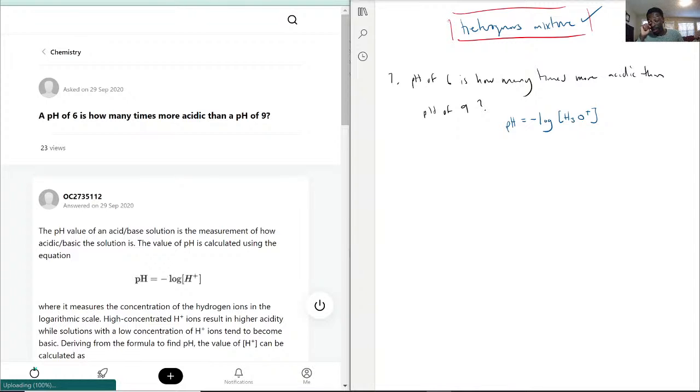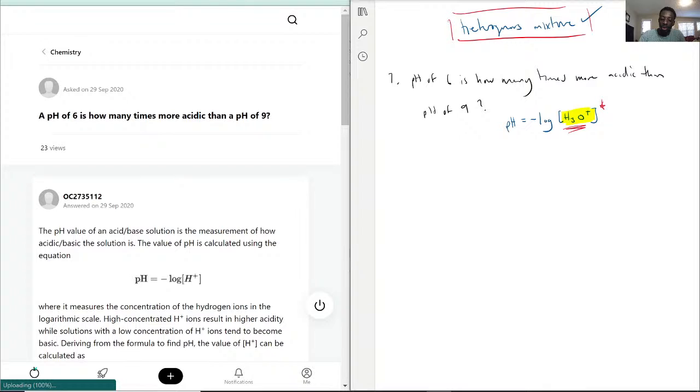Okay, so when this type of question is asking how many times more acidic, it's trying to ask how many times more of this stuff does it have compared to that, because it's not asking what the pH difference is. If you just say it's 3 times more acidic, that would actually be incorrect. The goal here is to flip this equation over so you're solving for H3O, and if you remember your logarithmic rules, the way you do that